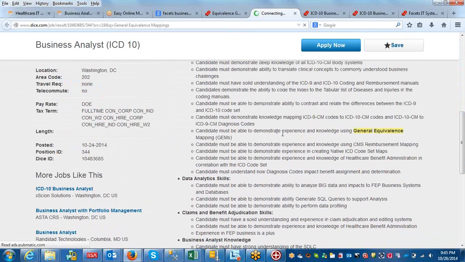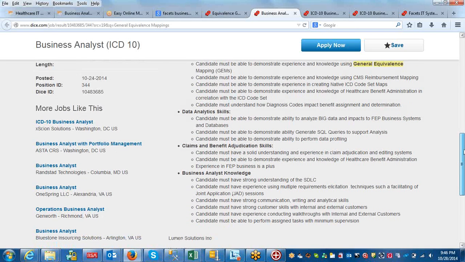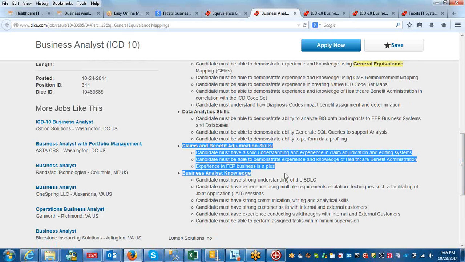Candidate must be able to demonstrate experience and working and knowledge using general equivalence mapping. Right here, you have so much of ICT 9, ICT 10 things going on. Just look at it. Random jobs I just picked up, and you have so much going on. Then data analysis. Again, claims and the benefit adjudication system. And then you have